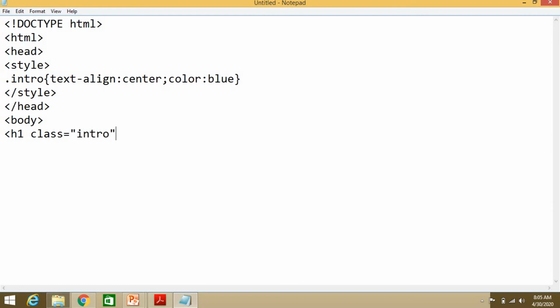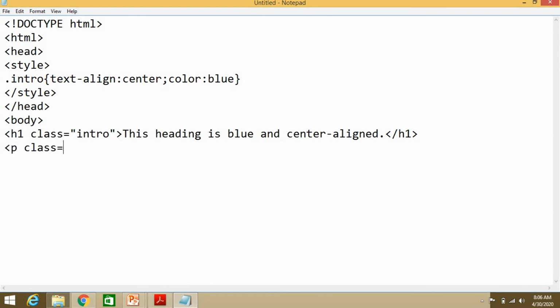Because in style I have used this, the heading is blue and center aligned. Close the h1 tag. Next I am using a p paragraph with class equal to intro. So the same will be applied to the paragraph also.